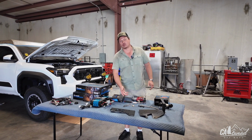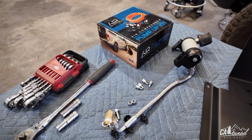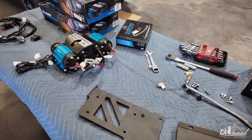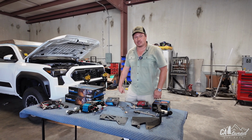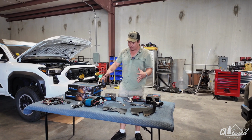So you'll need basic tools. You need some wrenches. You need some sockets. You know, we can go over that. You'll get a couple of fittings and stuff. And then obviously you need a Tacoma 2024. So let's get started. We're gonna first disassemble the Tacoma, and then we're gonna go here and explain how we